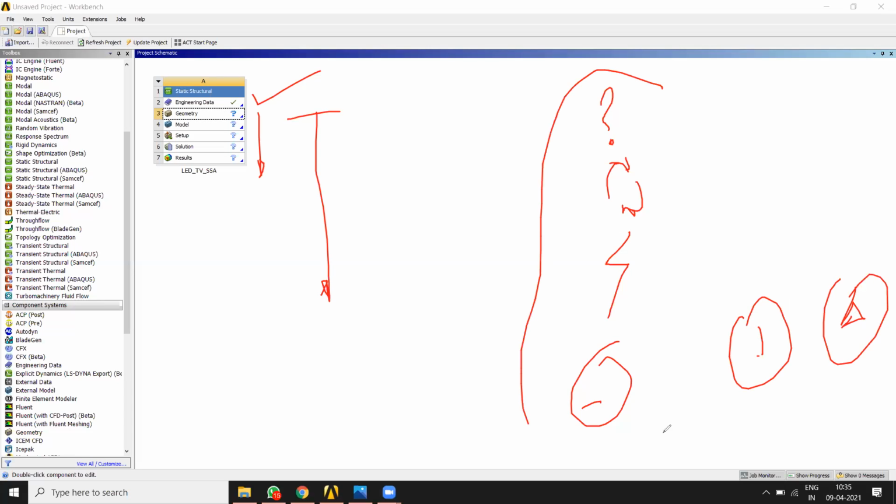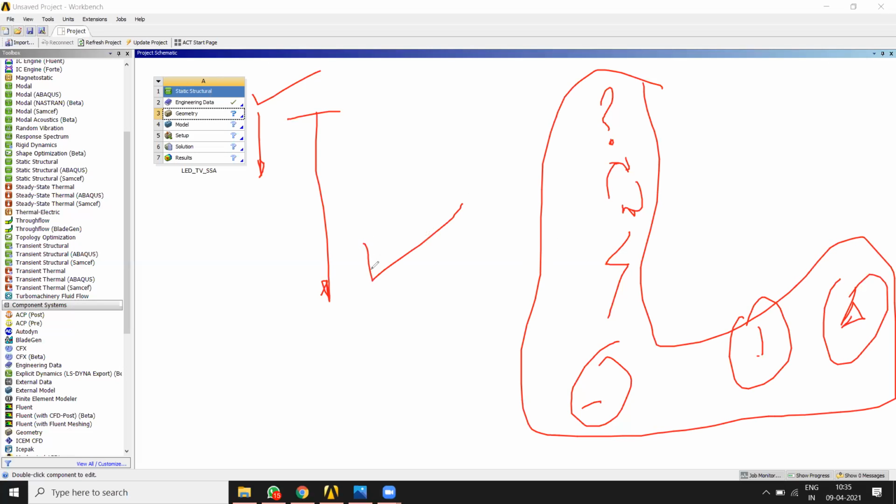Somehow you need to resolve these and convert them into a check mark, meaning you have done that task and completed it. Okay, just follow these two approaches and you will not miss out on any of the steps.